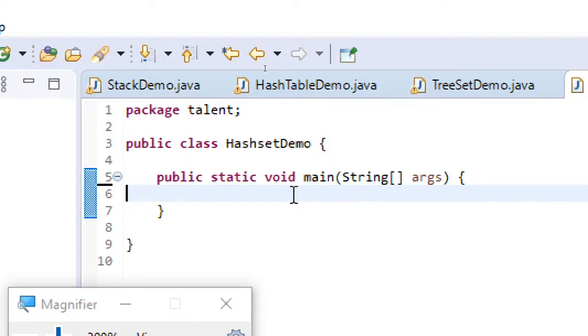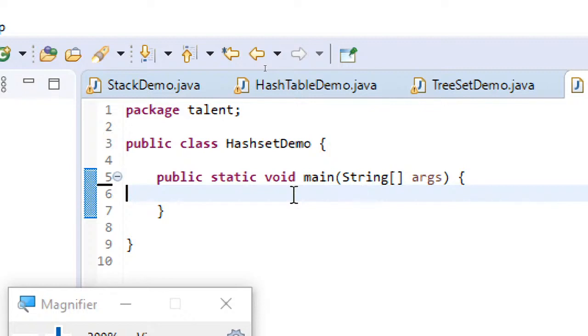And here also you can create hash set without any argument. You can specify capacity as argument, or you can also specify the collection itself as argument. That means existing list or vector, whatever it is, you can also add it to the hash set. That is also possible.